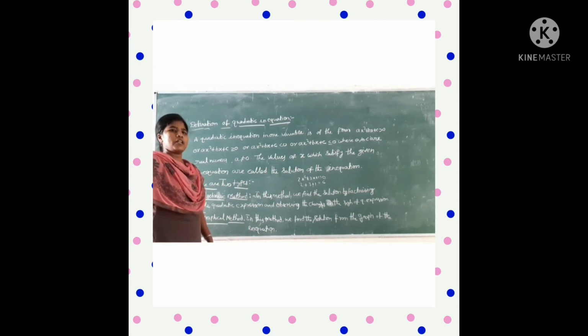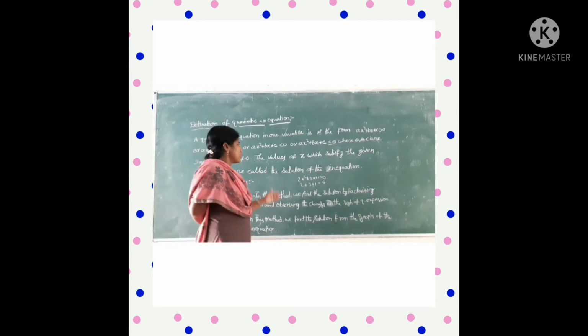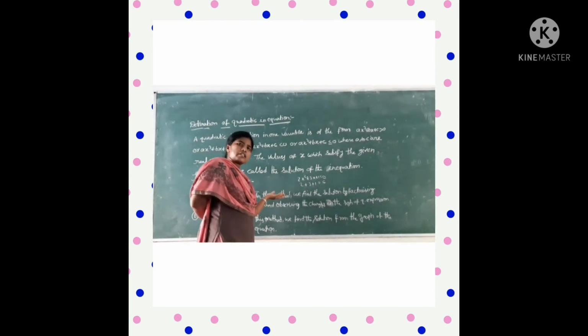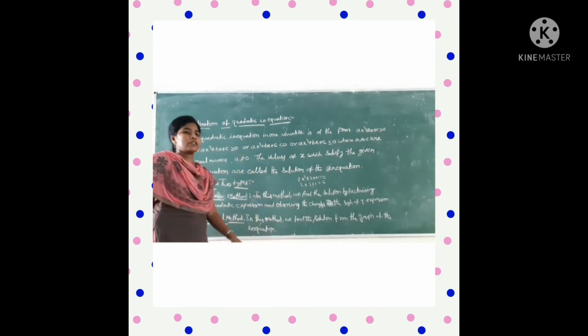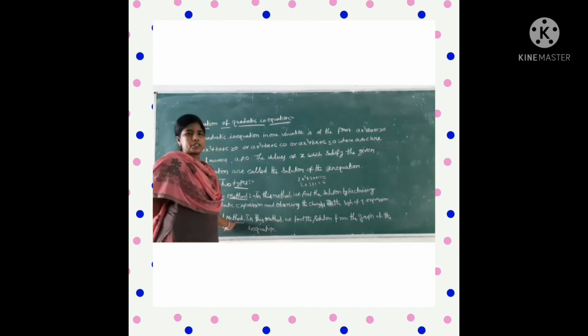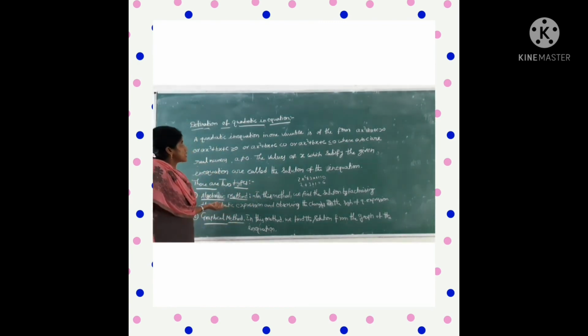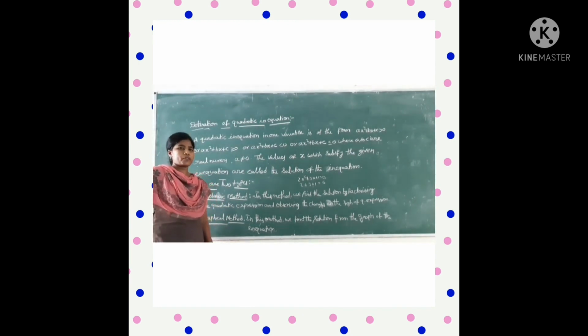Already we learned graphs in 10th class also. X values on the x-axis and y values on the y-axis. With that we draw a graph. Like that we can do the graphical method. Okay, this inequation is the last topic of quadratic equations. Okay. So with this one we have completed this class.